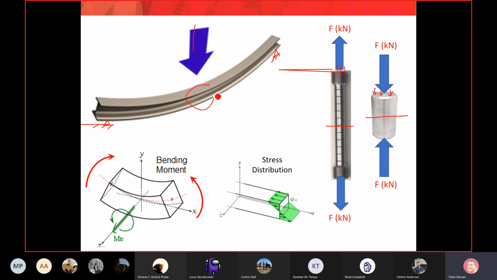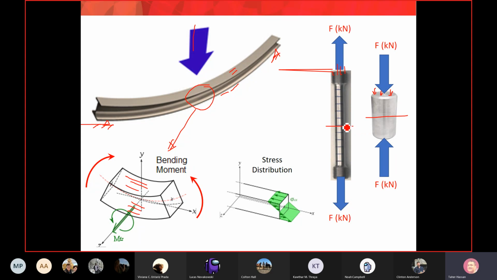And if we take a little bit of the beam, like this part, and put it here, this is what happens. You can see the beam is bent. So what happens here, the top fibers are trying to shrink, and the bottom fibers will be elongated. Do you guys get that? The bottom fibers of the beam will get longer, and the top fibers of the beam will get shorter. Is that something you feel? When we bend our beam, the bottom fibers will get longer and the top fibers will get shorter. Yeah. Okay,